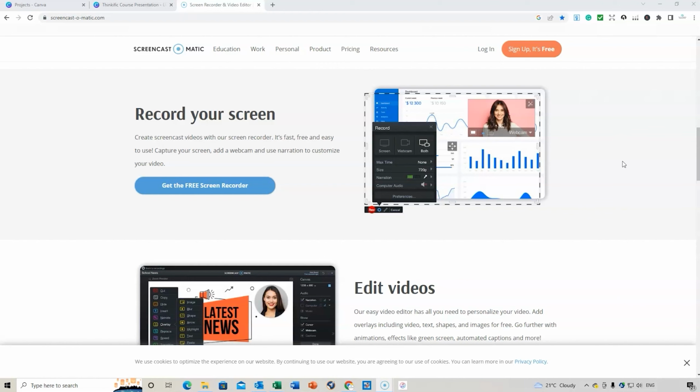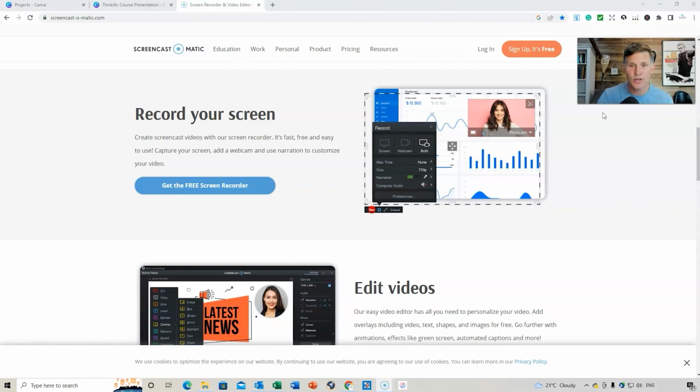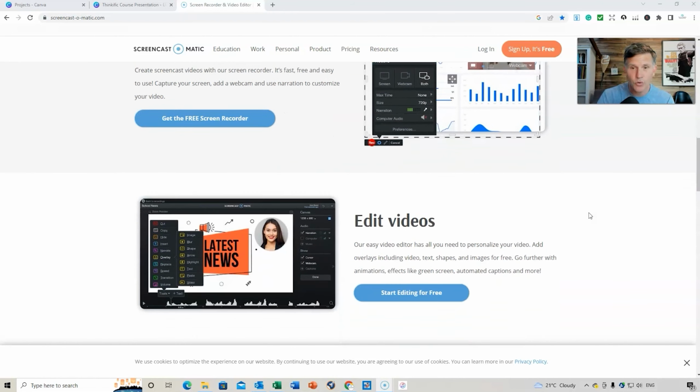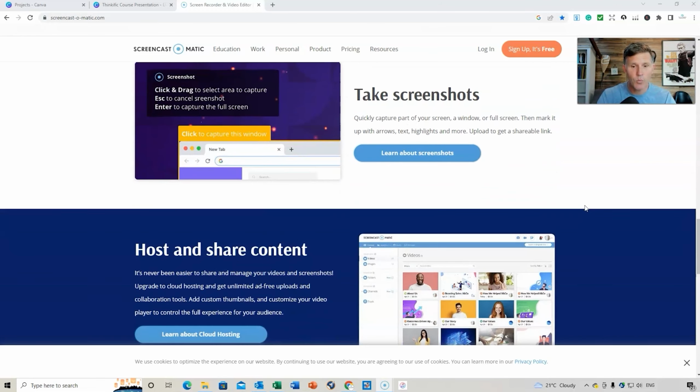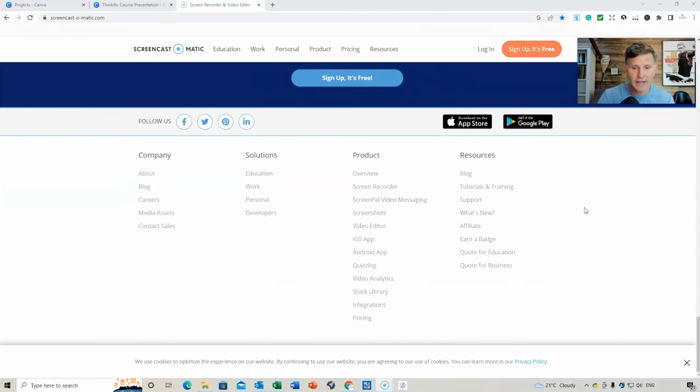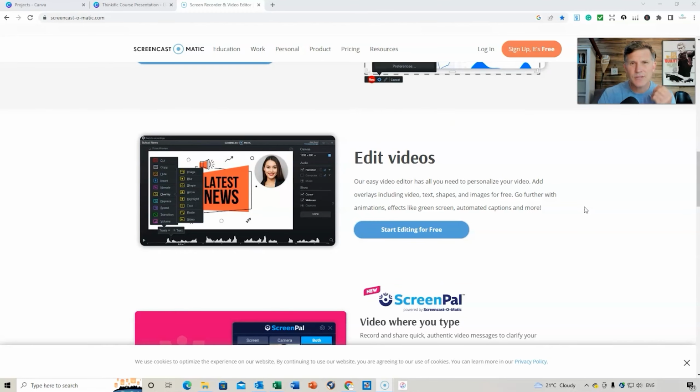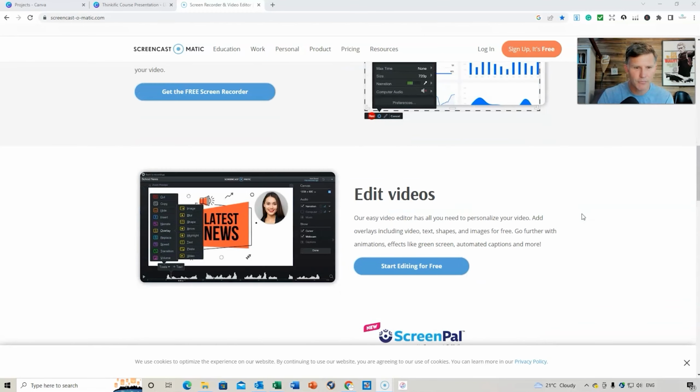So you can flick between them as you're going. It's just a great way of being able to use the video and the screen share, and when you push pause and then stop, you can edit, you can go back to it. There is an editing component of it that makes it nice and easy.